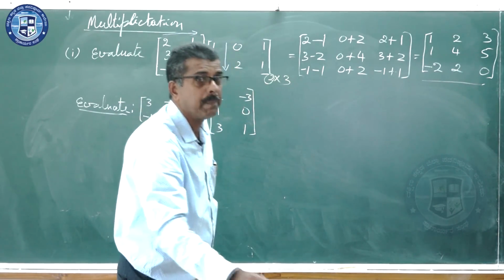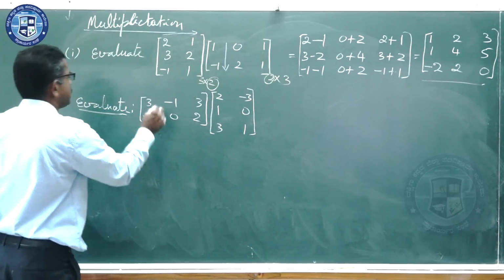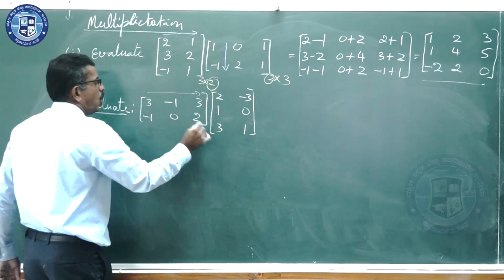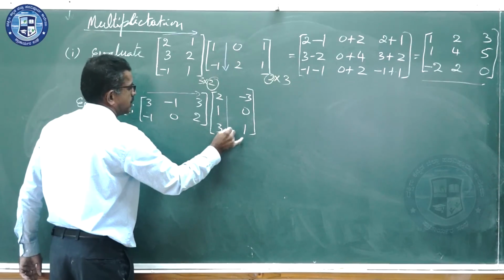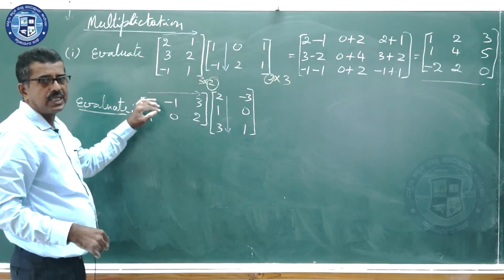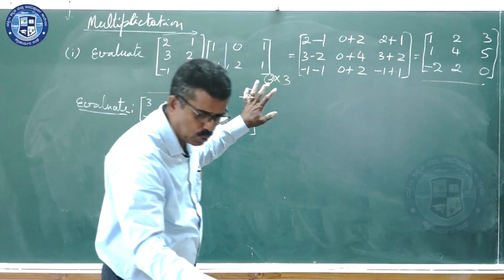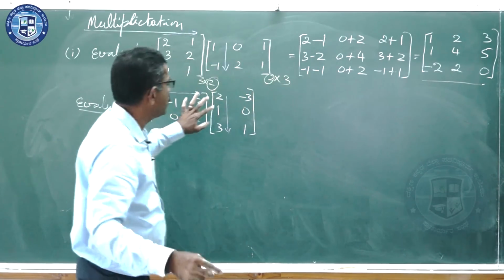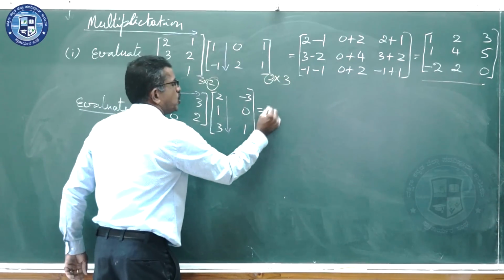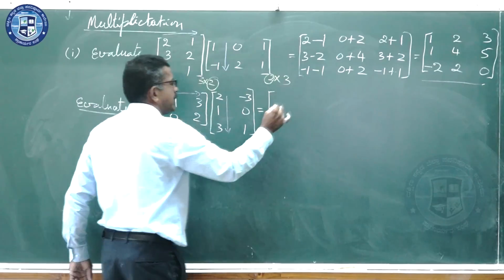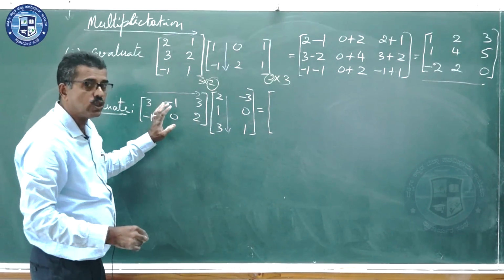We expect multiplying the rows of the first matrix with the columns of the second matrix. Since you have already experienced this, I need not go slower now, I'll go a little fast. What do you expect here? If you can get it done together, it is well and good.